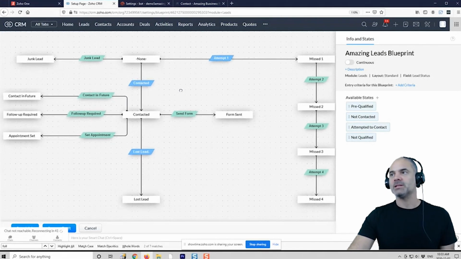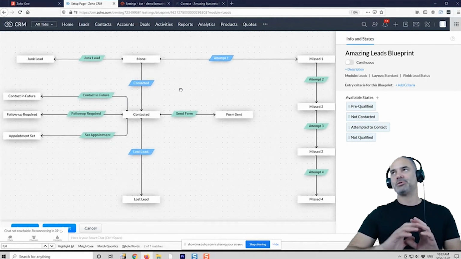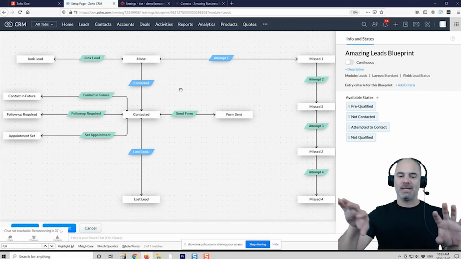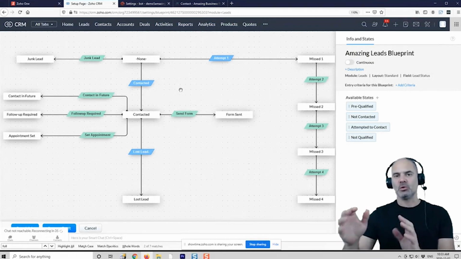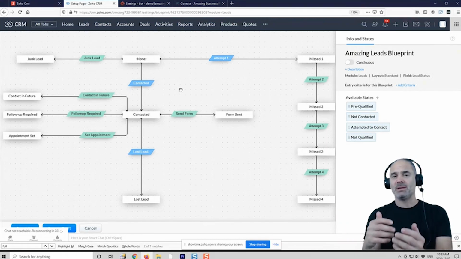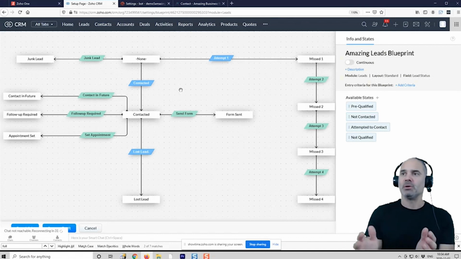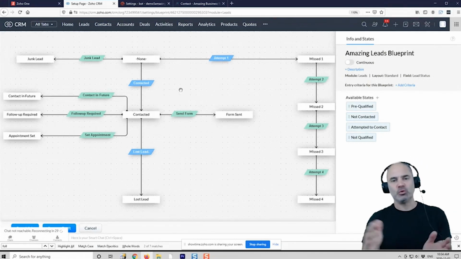Try to arrange your leads into two different groups. Group number one will be people that you actually talk to, real people. And those people, for sure, you do them one by one, 100%.